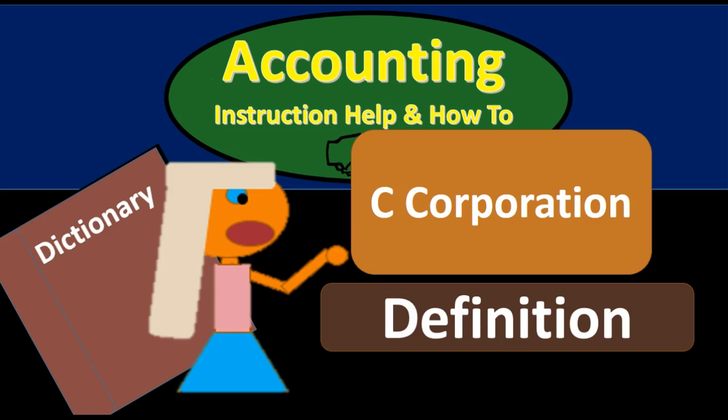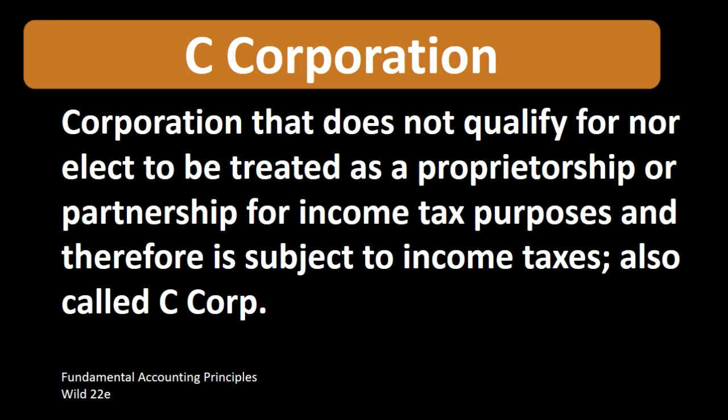Hello, in this lecture we will define C corporation. According to Fundamental Accounting Principles, Wild 22nd edition, the definition of C corporation is a corporation that does not qualify nor elect to be treated as a proprietorship or partnership for income tax purposes and therefore is subject to income taxes,